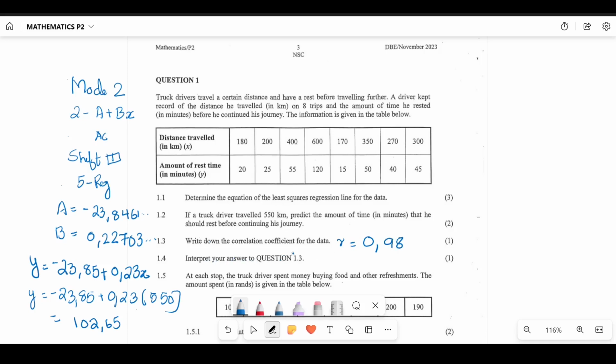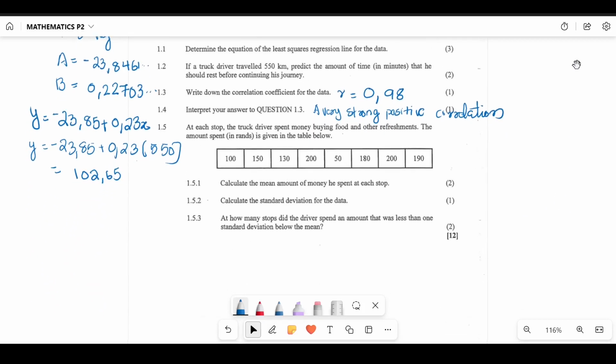The answer is, as you can see, the correlation is 0,98. So you can say a very strong positive correlation between distance traveled and the amount of rest time. That is what you can comment about the answer in 1.3. Moving on to